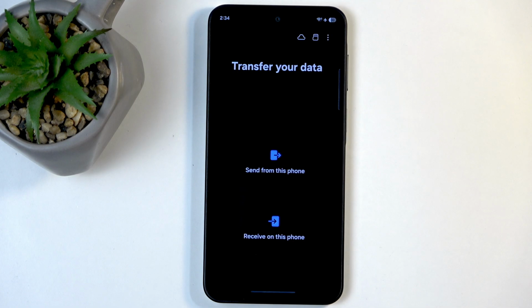And in this case, you would need to download Mi Mover on the Samsung device if this is your old one. Now, if you want to back up your device, what you could still do is grab your old phone, whatever the brand of it is, right? If it's Samsung, just open up Smart Switch. If it's another brand, look for what that brand uses as a similar application, download that application on this phone,